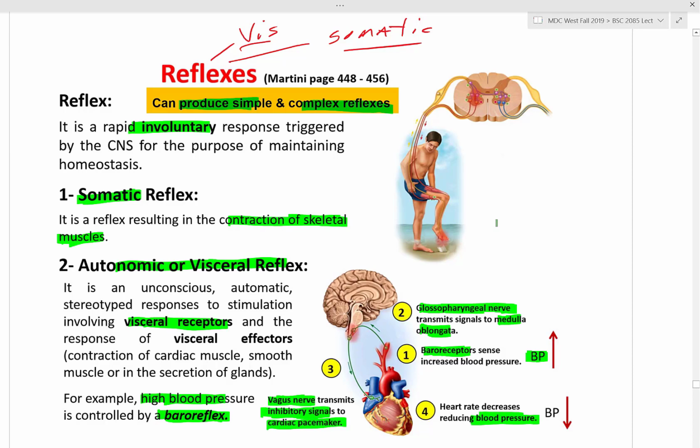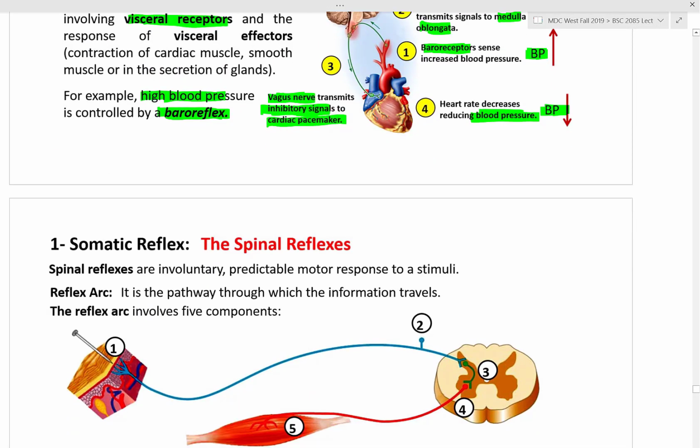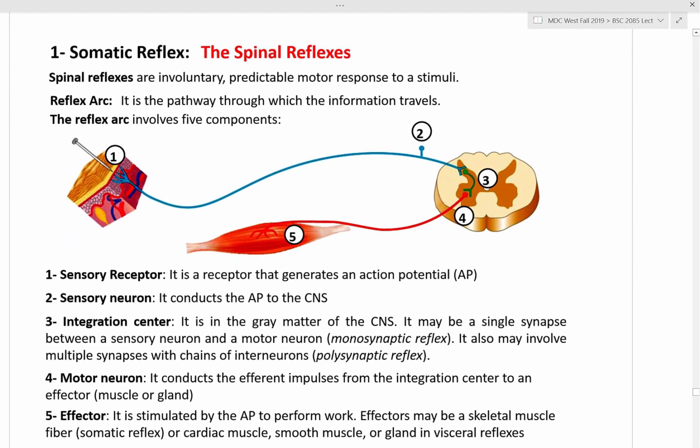Now, the somatic reflex is an example of your spinal reflex. Again, somatic is the outer part, the skeletal muscle, the voluntary one. This spinal reflex tends to be an involuntary motor response to a stimulus, but the actual reflex arc is shown below, which is pain sensation by the Meissner's or Pacini receptor, so pain, touch, and temperature. That sends a sensory input, afferent